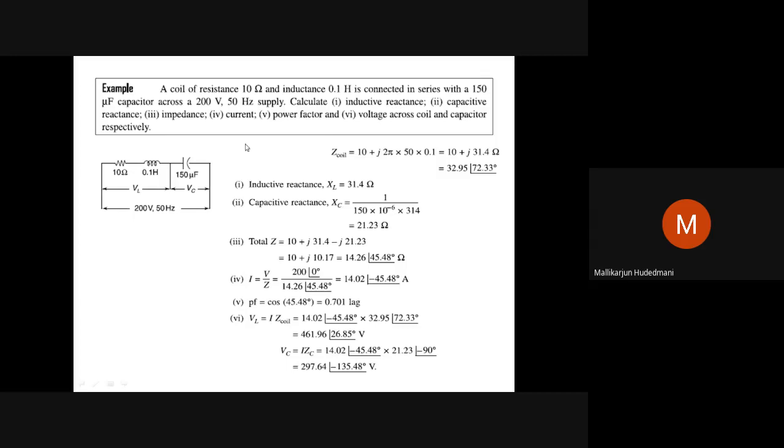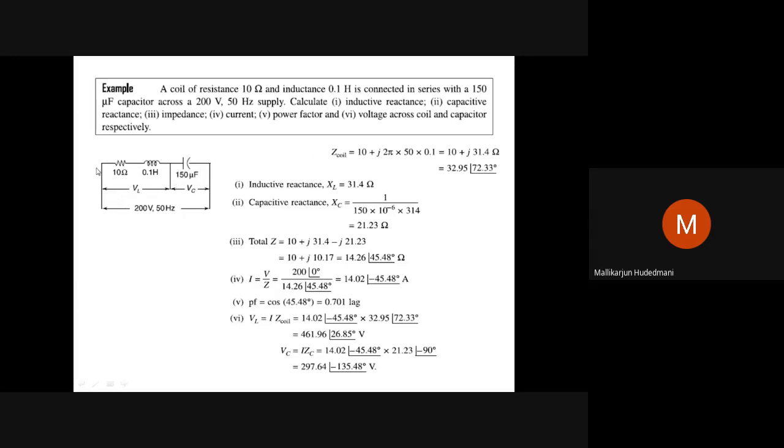Now the question is the impedance of the circuit. What is the total blockage offered to the power supply here? We know that it is the square root of R squared plus the square of the difference of XL and XC. If I take that, it becomes the impedance of the circuit, as we are aware theoretically. How can we write it in complex notation? If we want to write impedance in complex notation, I must know the total resistance and the representation of XL and XC. In that regard, you can just watch.